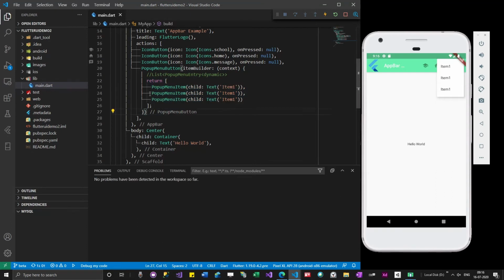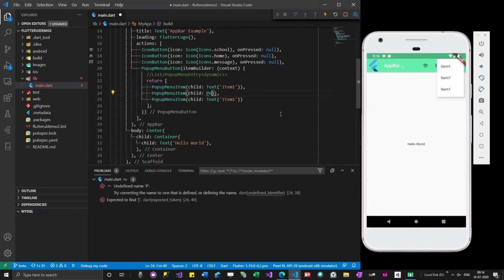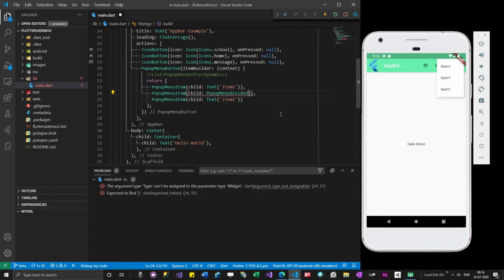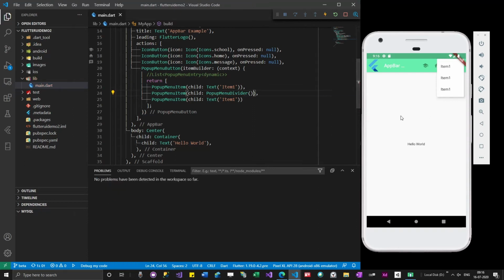So let's not declare that list. What you could do is inside pop-up menu item, you can actually give that pop-up menu divider. Okay, now let's see how it works. You can see that there is a gap here.